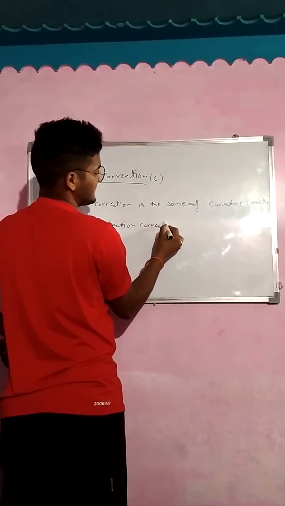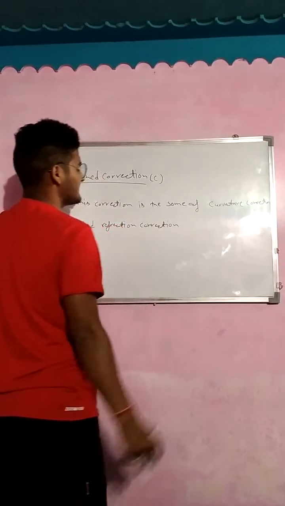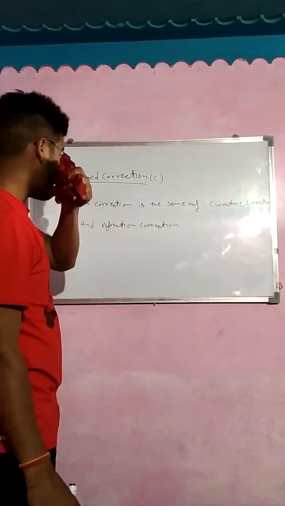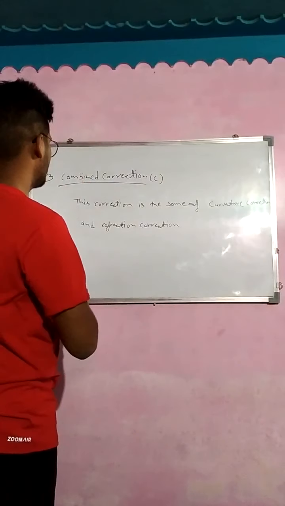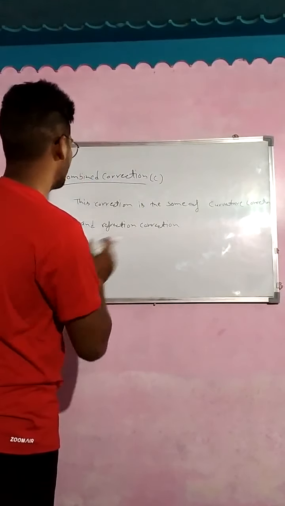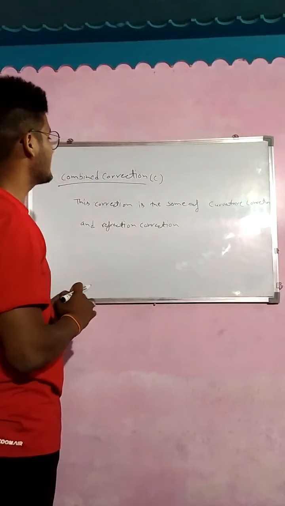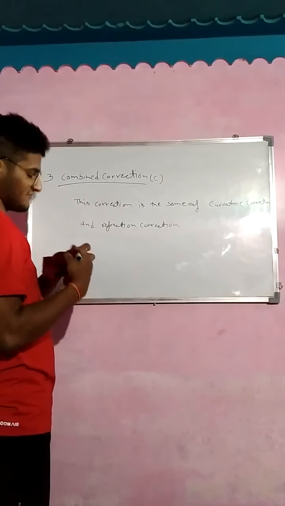By adding both corrections we get the value of combined correction. With the help of the diagram we can easily understand it. If you have written down this definition,